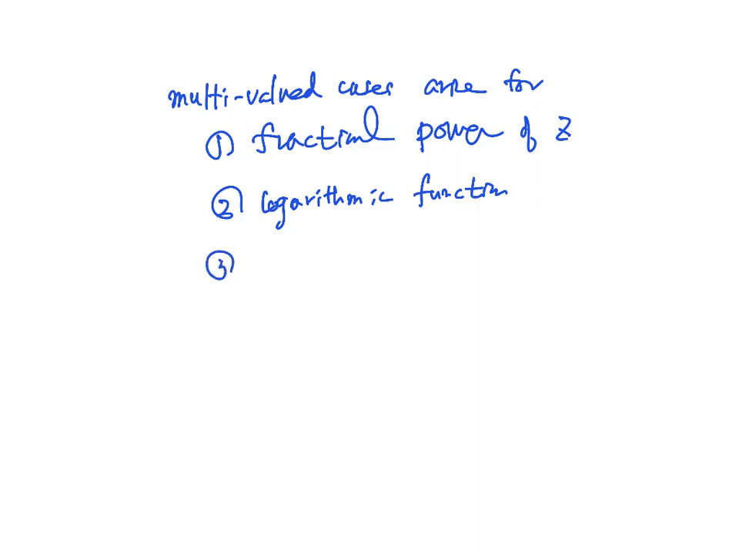And inverse cosine, inverse trigonometry or hyperbolic function. In this case also, you have to worry about the multivalued properties. For example, let's say